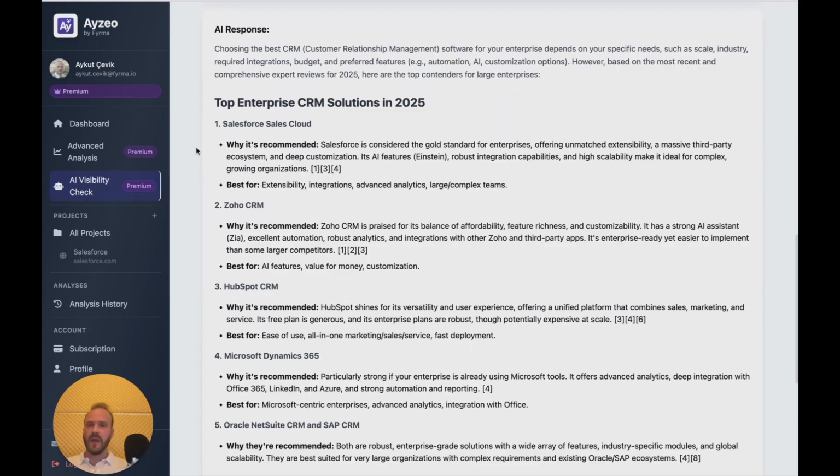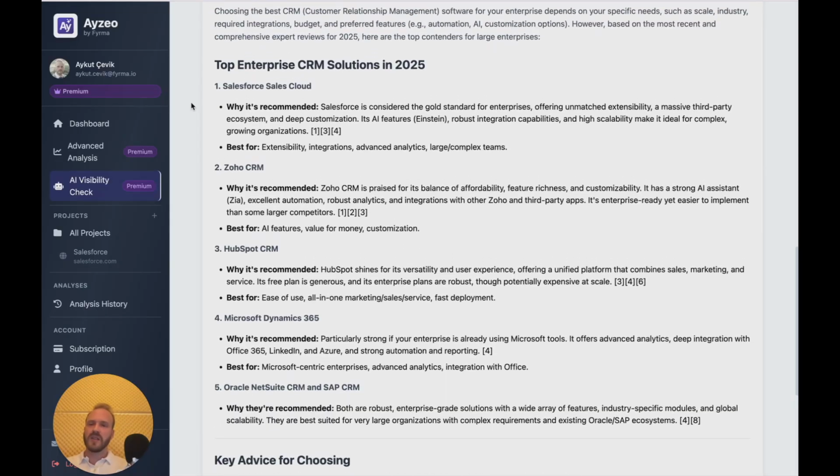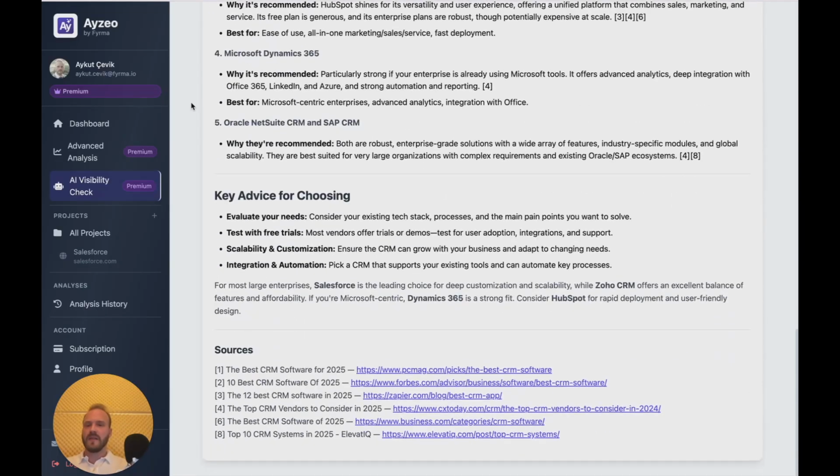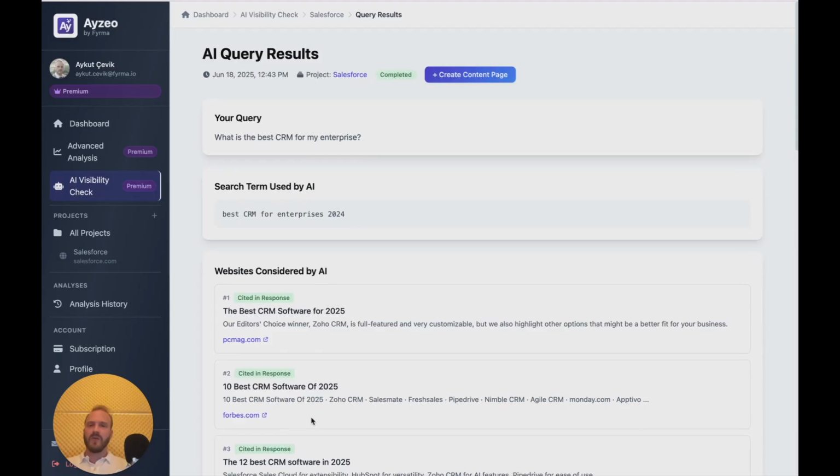So this is the whole answer to the user. So this can be a ChatGPT answer, for example. And here you see Salesforce Sales Cloud was mentioned and is the first position, but this was considered from other sources rather than our webpage. And now what we want to do is actually we want to be seen for this query or similar